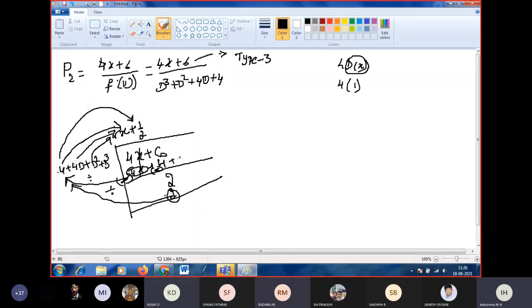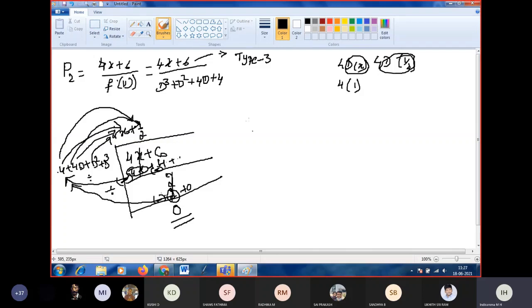Next, plus into plus. Next, 4D into 1 by 2. Differentiation of 1 by 2 is 0, so that is plus 0. The next differentiation also becomes 0. Okay, next change the sign: plus 2 changes to minus 2. So 2 minus 2 is 0. The remainder should be 0.